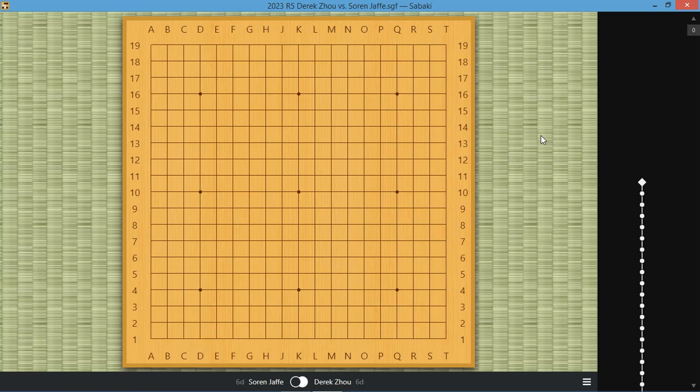Today I'll be going over my 5th round game from the 2023 US Go Congress from Kent, Ohio. If you haven't seen my previous 4 reviews from my US Open games, first go check them out. And as an update, I'm currently 2-2 in the bracket, and so I'm playing a fellow 6-dan who is also 2-2,